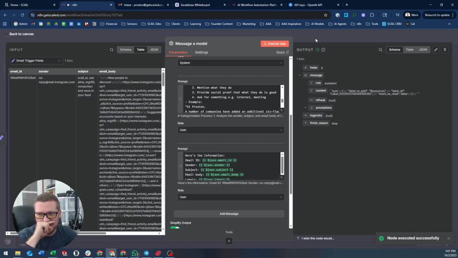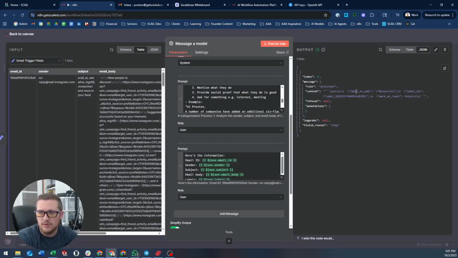There we go. So it followed my exact instructions, and it said, okay, cool. The content of this message is a JSON object: label to add, resources. You're going to add the label of resources. Here's the ID, and this is important because you have to give the ID to Gmail to actually do it. Mark as read, false. Don't mark this as read. Though the output of this is actually, I think it's off because,